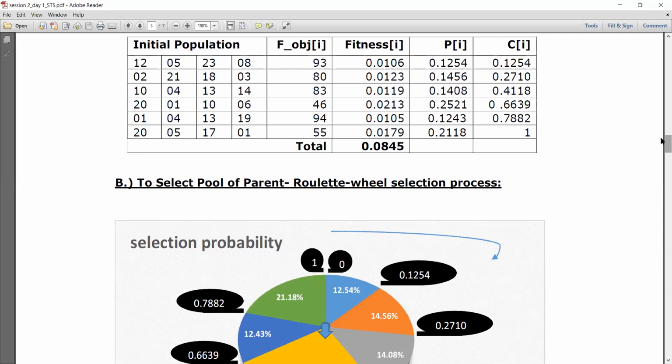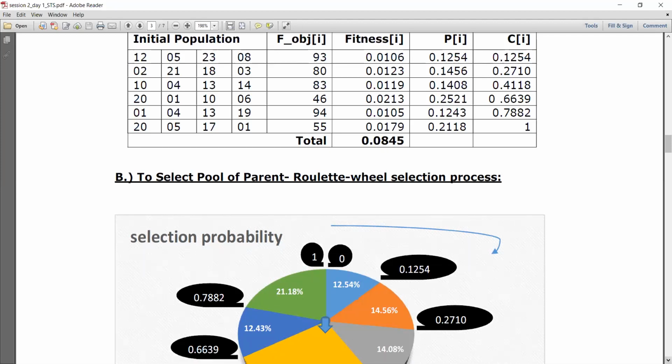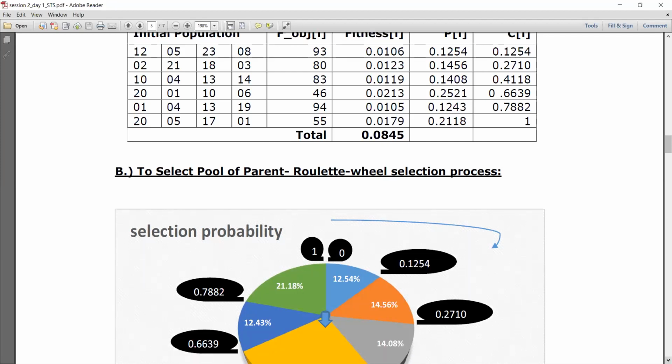Now for the selection process, do you remember Bhaskar sir said there are a number of techniques, a number of approaches to be followed as a selection process. Even sir has explained very well with the Roulette wheel. Now we are going to use that Roulette wheel arrangement to select a particular parent. In order to apply this Roulette wheel process, see this Roulette wheel, it is a game.